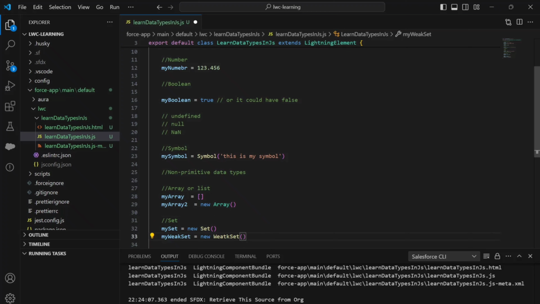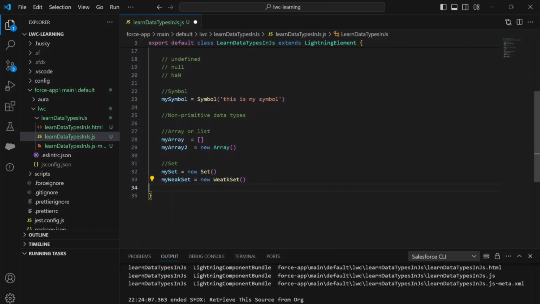So in an array we could have duplicates. We can assign the same value n number of times and it preserves the order. And in a set it doesn't preserve the order and we cannot repeat the value. If I assign 1 2 3 twice in my array, it could hold 1 2 3 two times, but the set cannot do that. We will see that in action soon. And then we have